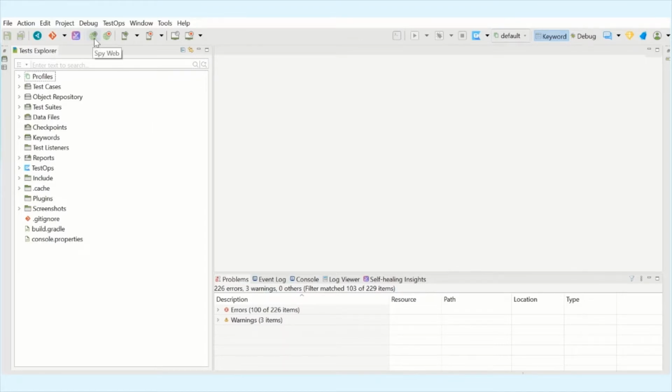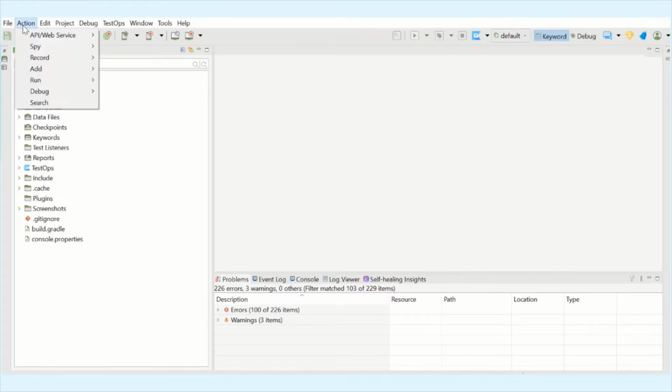You will notice these buttons over here. These buttons are related to web application, and these buttons are related to mobile application, to automate mobile applications. These icons are related to Windows application. So these are used for Windows, these are for mobile, this is for web automation. So this is how a sample web automation project looks like. There are other icons also, you can explore more in time.